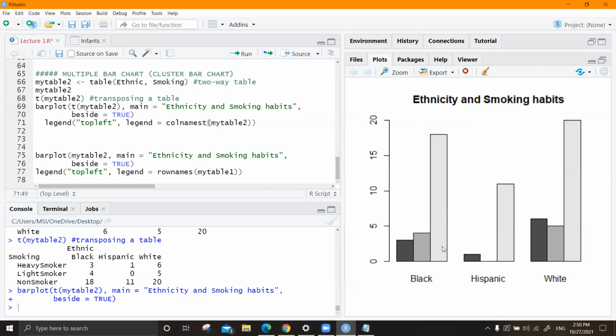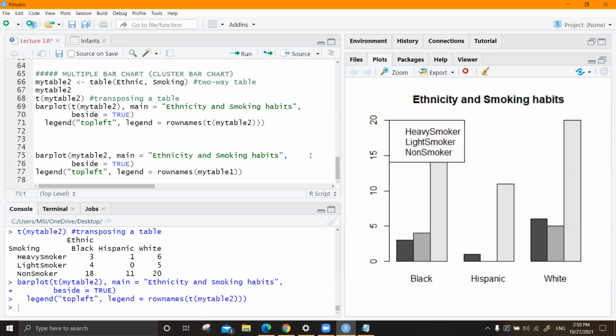So these should be the row names. That is how you argue. Just place the legend where it is necessary.